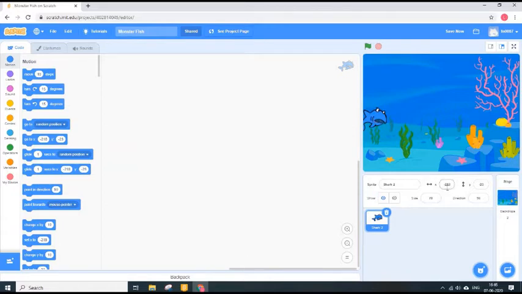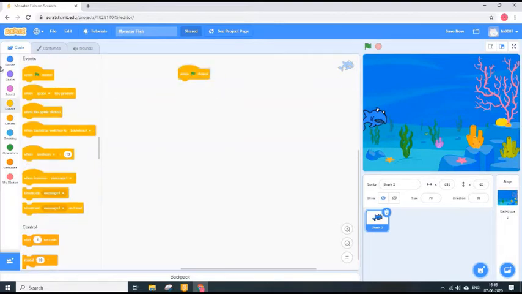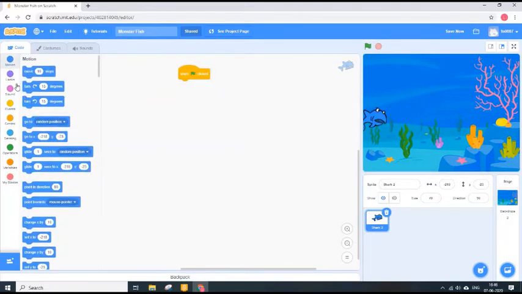Then I'm going to note down the x and y values. So I have -218 and -23, which is fine. I'm going to go to events first. I'm going to say when the flag is clicked, the fish has to go to this position. So you see the same position, -218 and -23, is where the fish will start right at the beginning of the game. After setting the position of the fish, I'm also going to tell what costume the fish will start in at the beginning of the game.